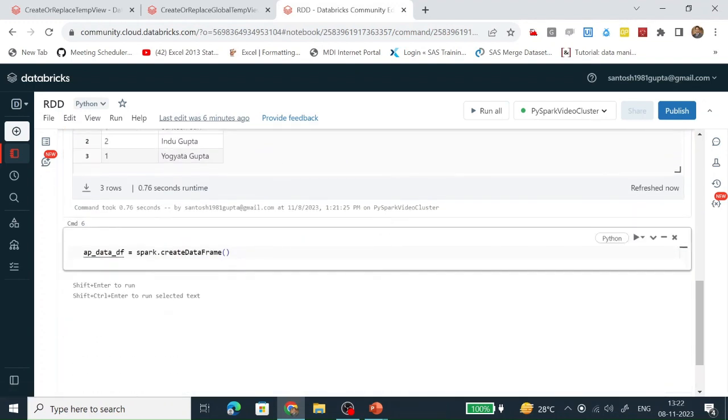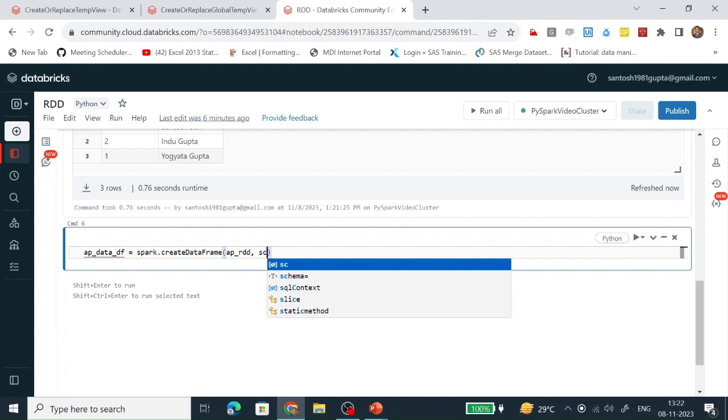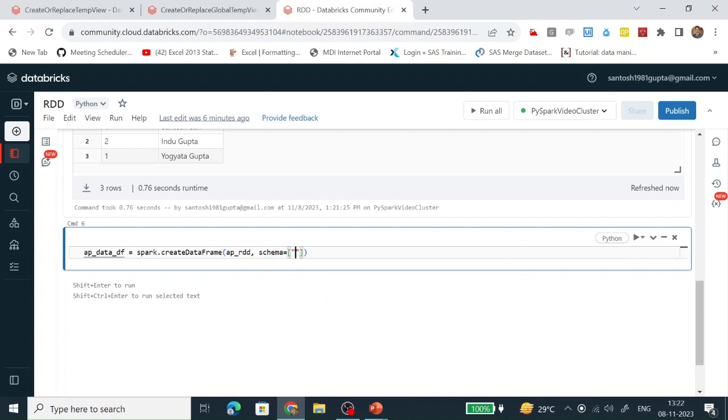So our AP_RDD has the data, and we can also pass the schema. The schema here is AP_ID and AP_name. These are the two columns which I am going to put. Based on these two columns, createDataFrame is going to create a data frame based on the data which is present in AP_RDD.